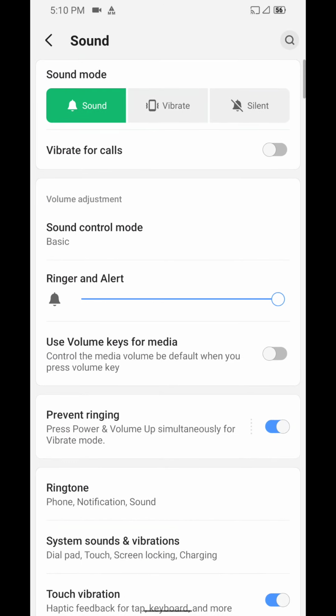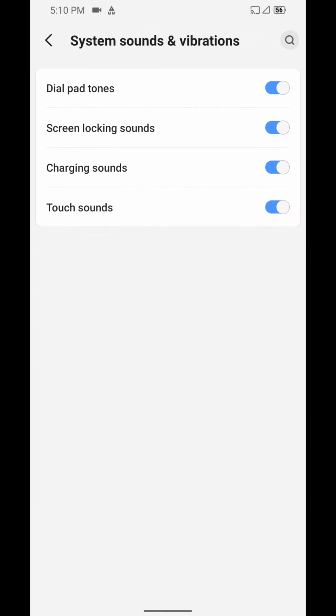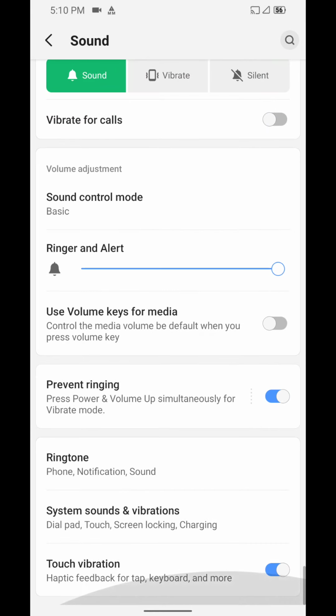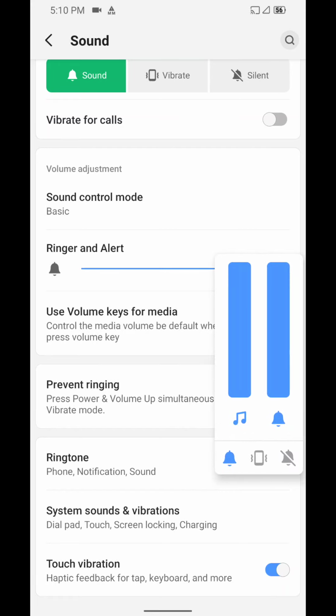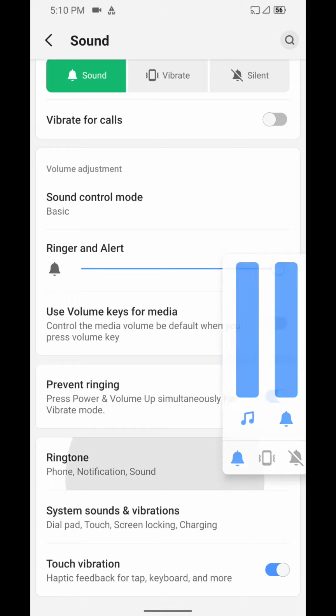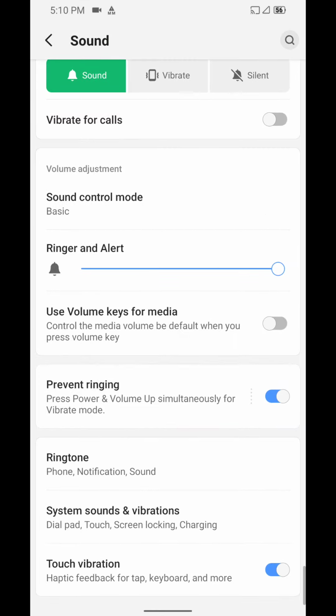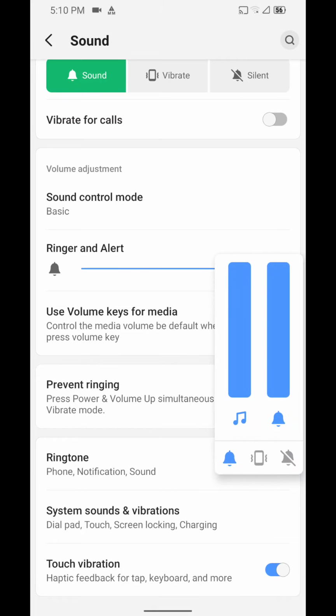Now moving to the sound, you can see that we have options for vibrate on calls, and this particular option you can select directly from here. Notification options are also available, and if you see the volume panel, this is on the right hand side, as good as the other ROMs. So basically this is good, and you can easily expand it if you want to and change the major things from here.